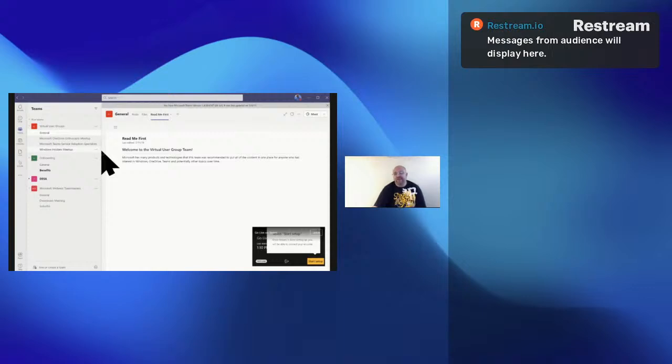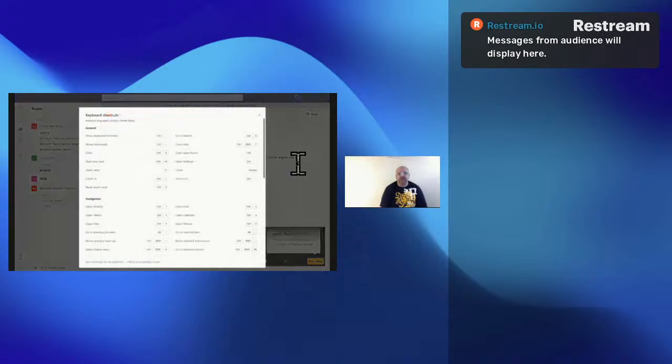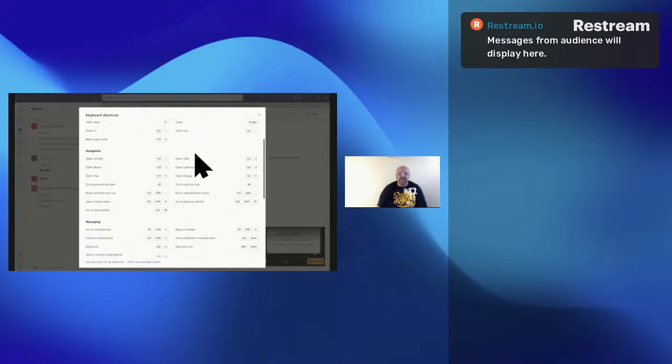And taking my hands off the keyboard, which is where I might want to be to actually do something within Teams. So once I get to, like this README first, maybe I want to add additional context to this. But what I discovered was, just like other applications, Microsoft Teams has dozens of keyboard shortcuts. And as soon as I discovered this list of keyboard shortcuts, Teams became much more useful to me from a navigation perspective.